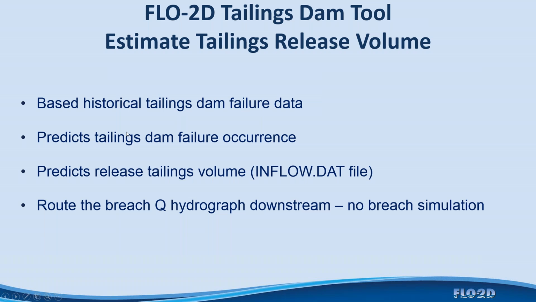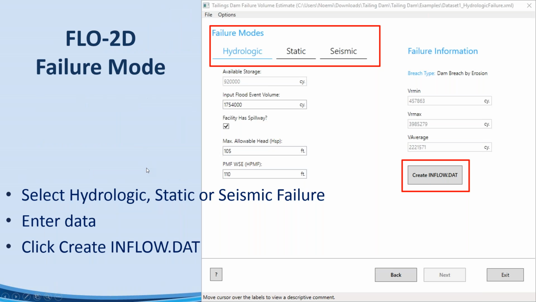This is an event-based type of tool. It predicts the release volume and will generate for you the inflow.data file in terms of a mudflow hydrograph or tailings dam breach hydrograph for you to route downstream. And then you route this downstream without the breach simulation, or you do the breach simulation and you just match the volumes. So what this tailings dam tool looks like, I'll just show you a slide or 2 here,